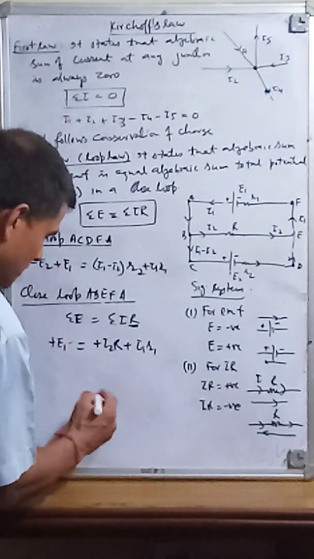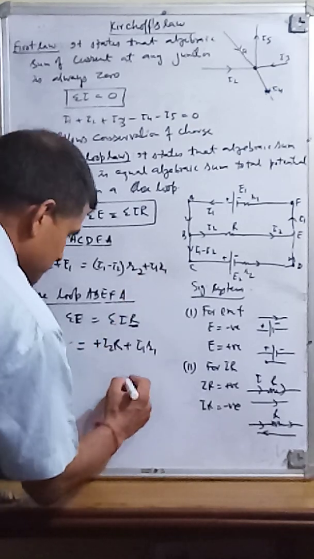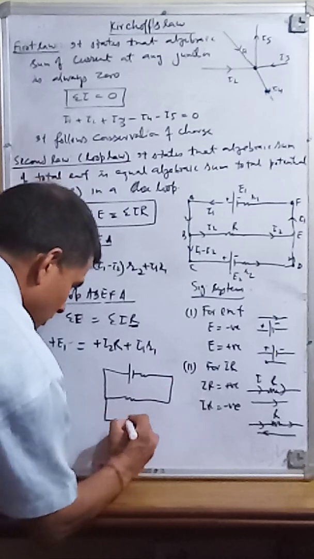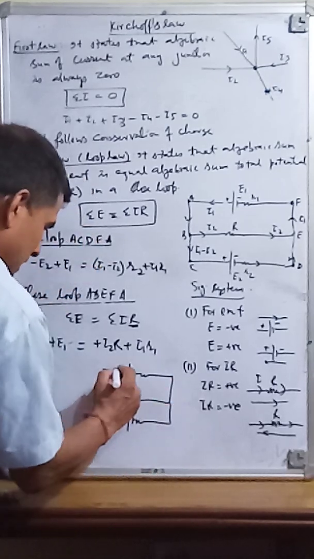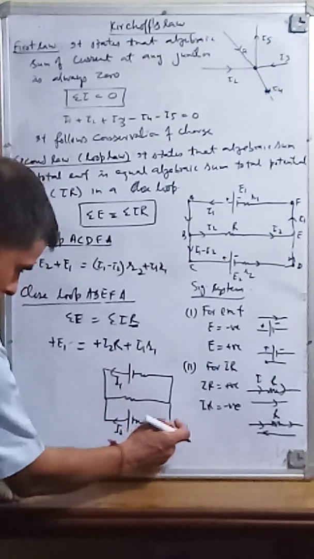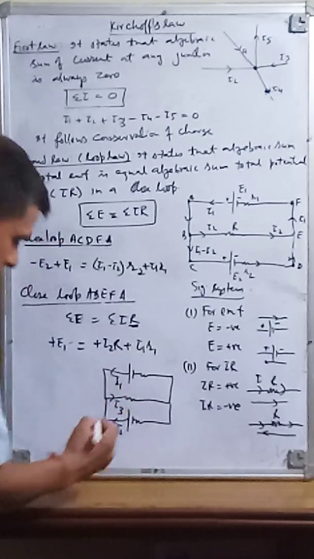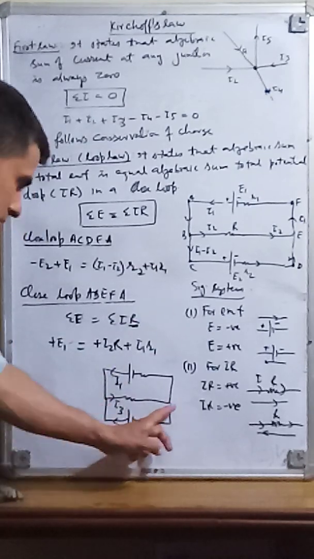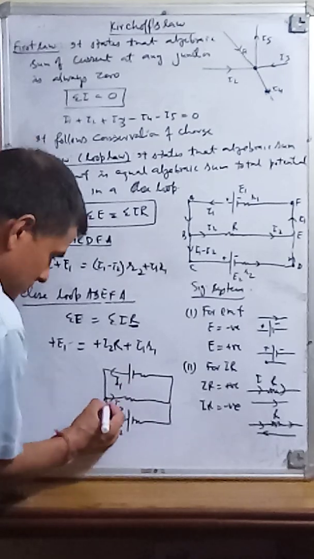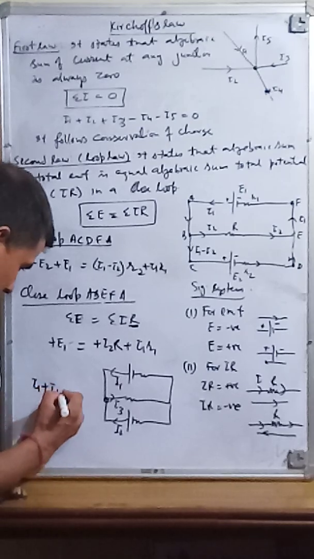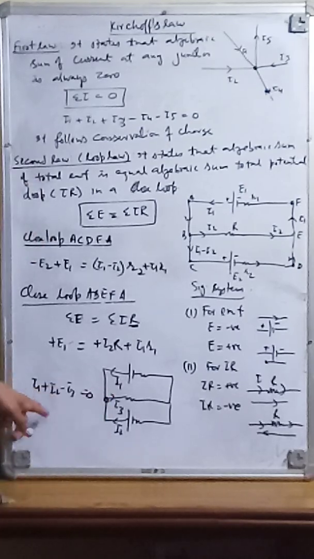Here I am giving you one case. Suppose there is a circuit here. Here I am taking current I1, which is coming here. Here I am taking current I2, which is also coming here. And this current is I3, I have taken I3, right? So this current is I1, this current is I2, and this is I3. So these two currents are coming in and this one is going out. So what will happen? I1 plus I2 minus I3 is equal to 0. So in this case we will do this. So this is Kirchhoff's law.